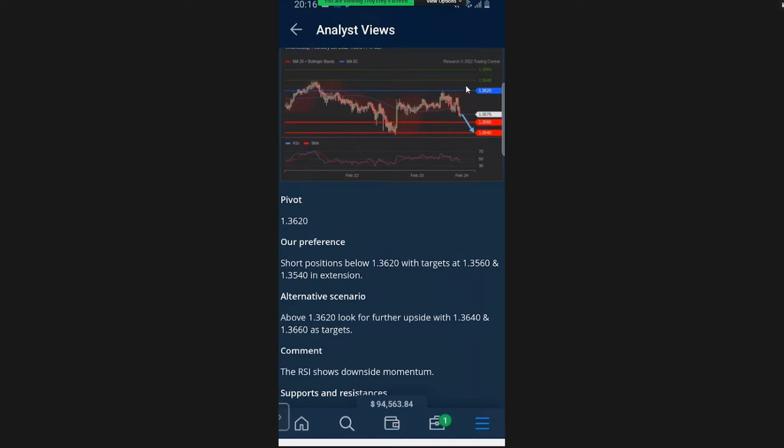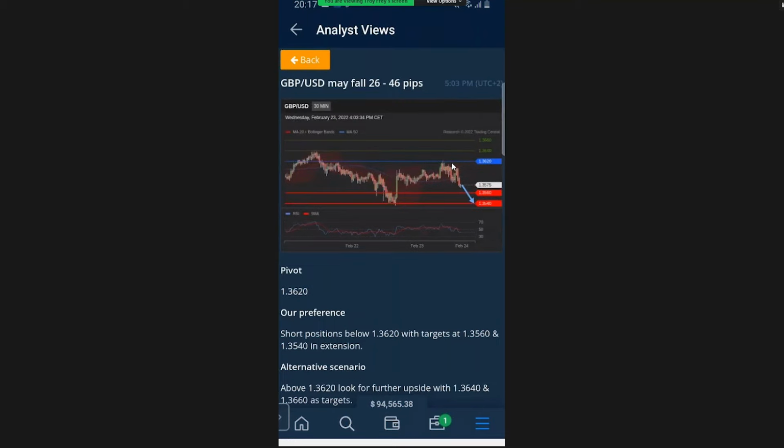In terms of the signal, if it's above that blue line, they're saying then maybe you buy. So the way you can use this signal is, okay, if fundamentally you agree that the pound should maybe get pulled down against the USD now with the fear on the market, then maybe you sell with take profits at these suggested prices. And then you back that up maybe with a pending order that if the move does go bad and it goes above this blue line, then the backup move is a buy position, a pending order to buy if it goes above this line with a take profit at these prices. And that's the alternate scenario that's outlined right down here.